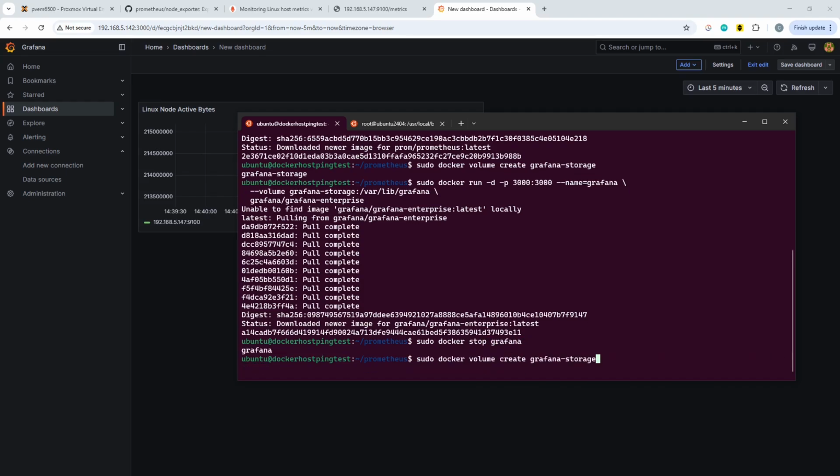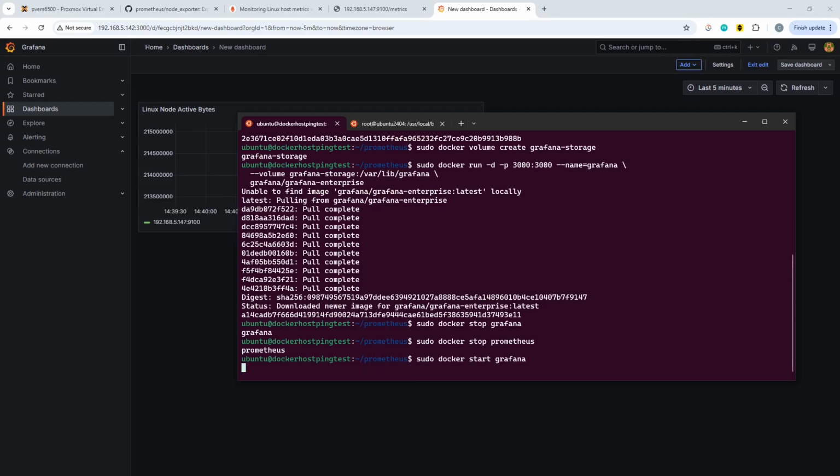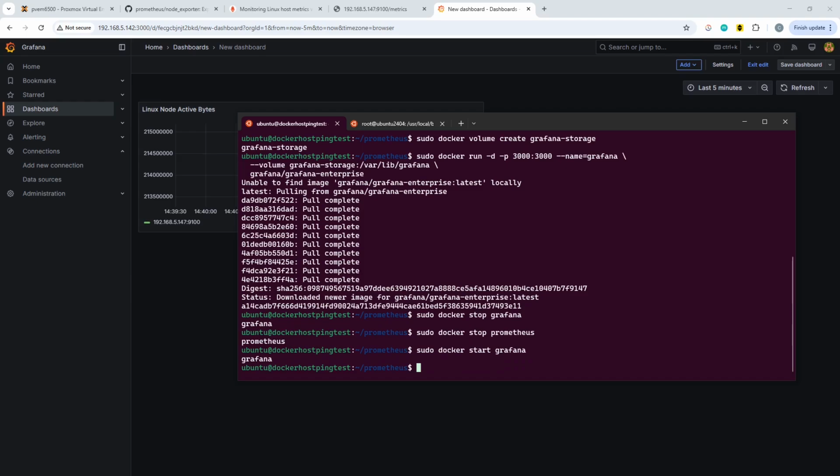Okay, then we're going to go and edit the Prometheus. Sorry, I've stopped the Grafana and not the Prometheus. Oh dear. We'll change it. Brain clearly suffering this afternoon. Sudo docker stop prometheus is what I meant to do, and we'll go and start the Grafana again because we want that in a moment. Okay, so with Prometheus stopped, you can now do nano